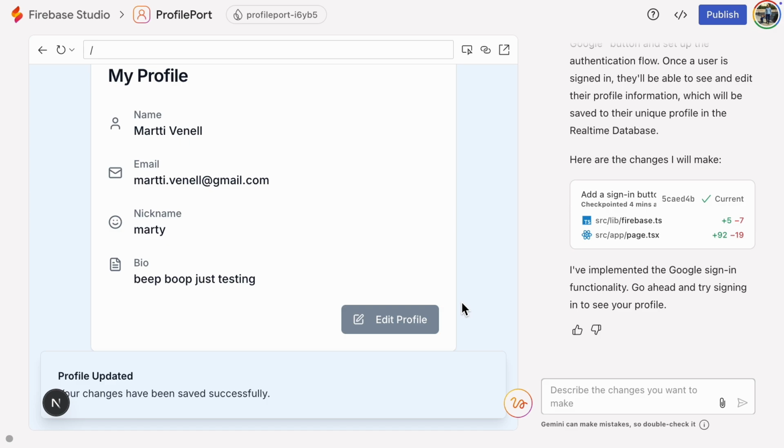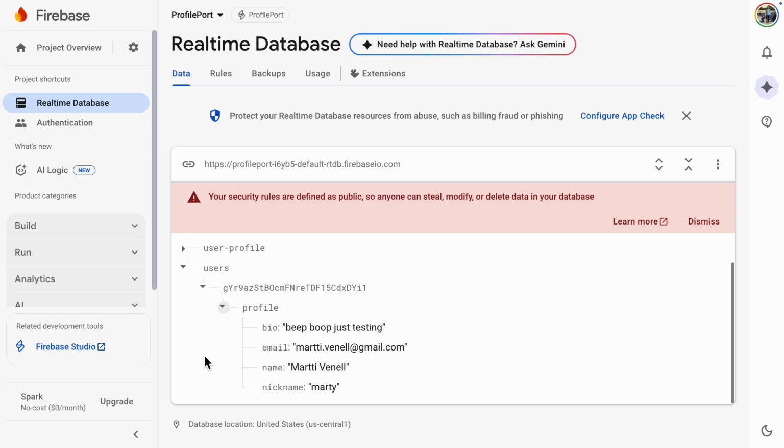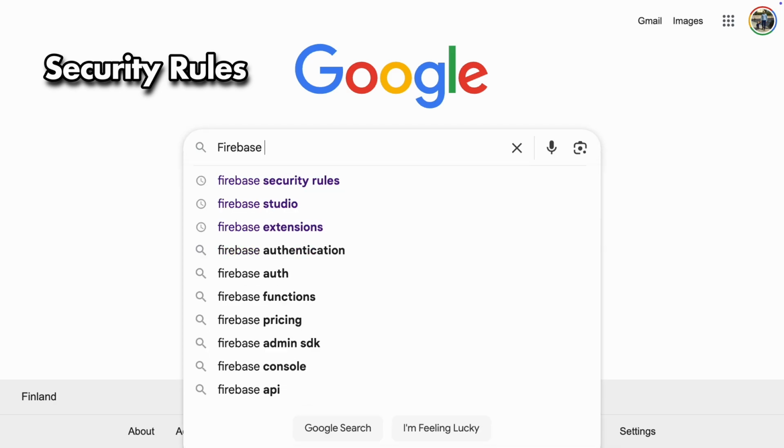Let's check the database. The data is now stored in the users folder. Inside it, each user has their own folder with what looks like their user ID. If we had multiple users, they'd all be separated into their own folders. Now that the app works with authentication, we still need to set the security rules